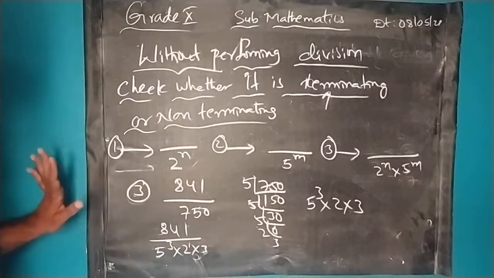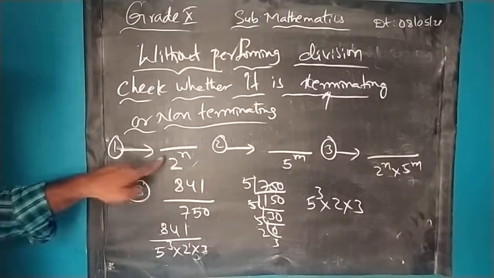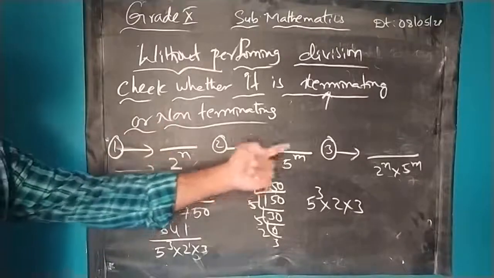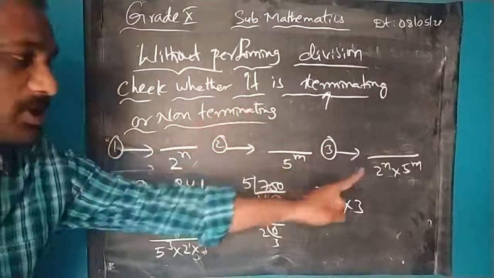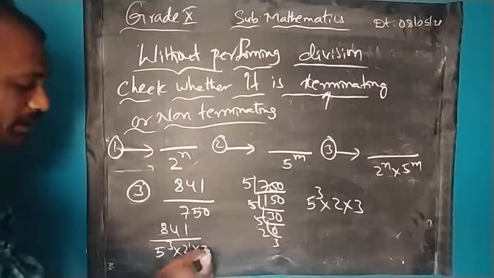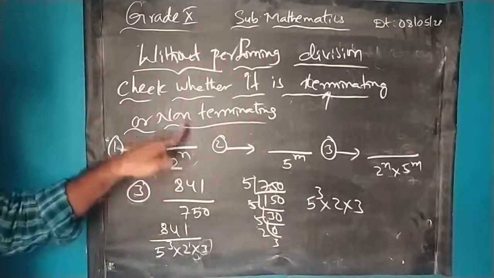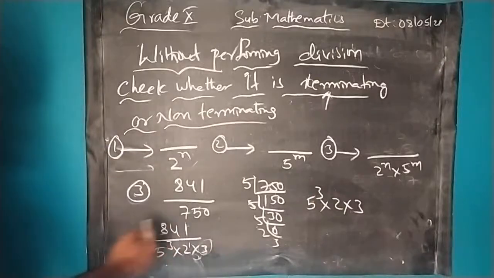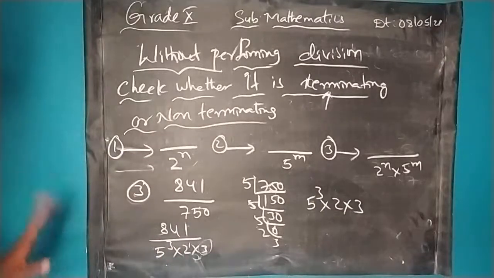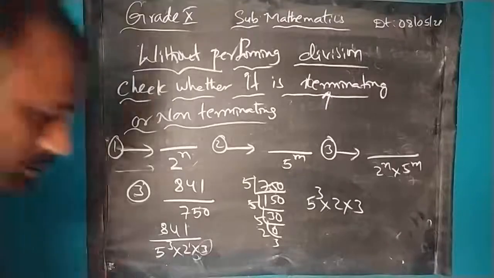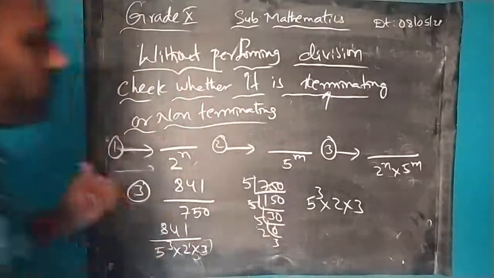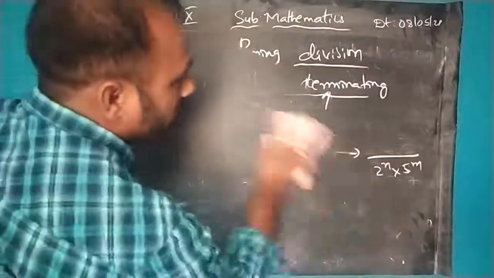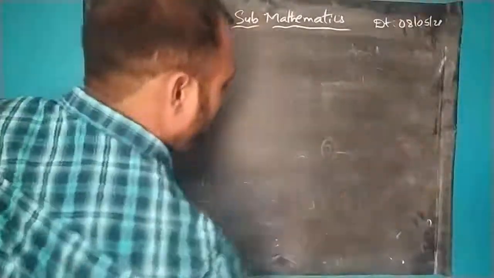So now you are very clear with this. Because if the denominator is in the form of 2 power m, it is terminating. 5 power m is also terminating. The combination is also terminating. But if anything extra comes, then we will call it non-terminating, after checking that it is not getting cancelled. So this is one of the important topics. It will be asked in your MCQs, case study questions also. Okay.